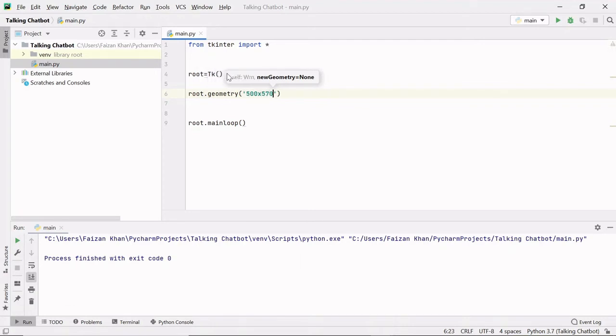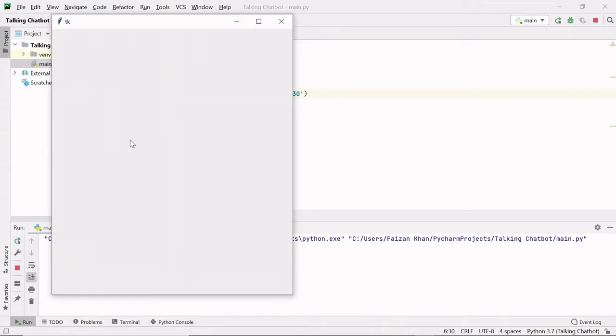This is the height, and then from the x-axis I want to place my window at 100 distance, and from the y-axis I will place my window at a distance of 30. So this 500 is the width and 570 is the height. Now from the x-axis our window is appearing at 100 distance, and from the y-axis it is appearing at 30 distance.